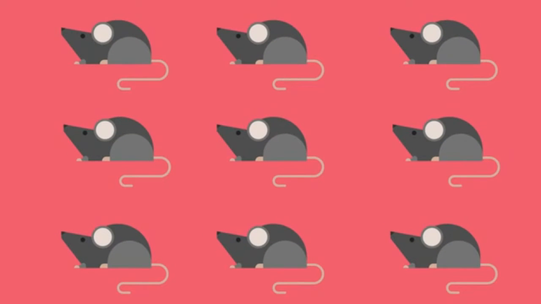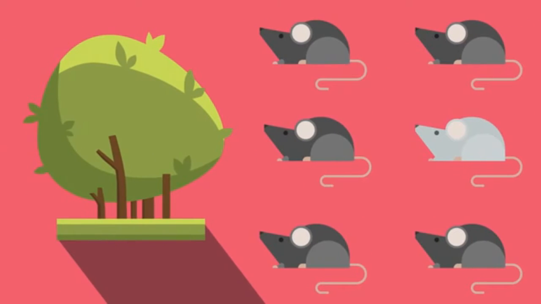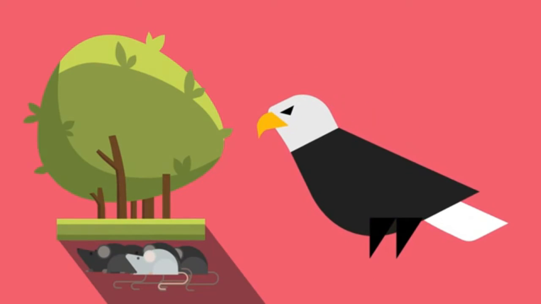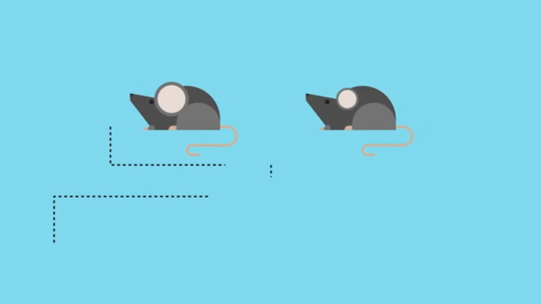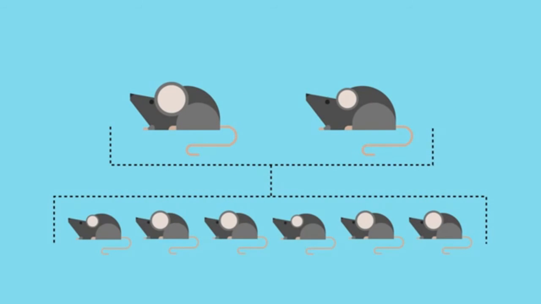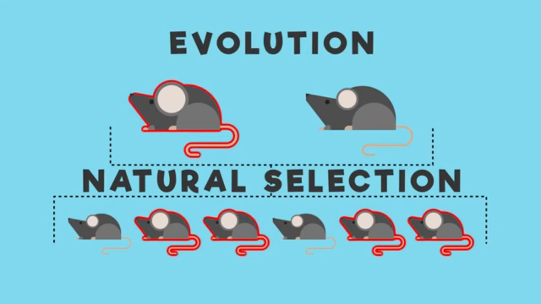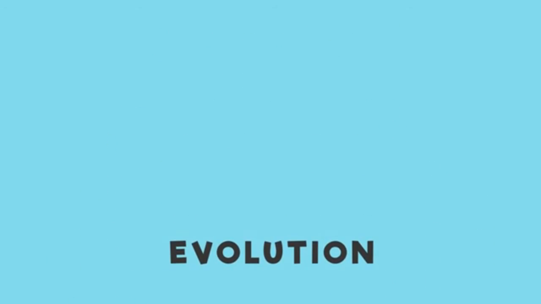For example, in a population of black mice, a mutation might arise which causes white fur. This mutation would not be an advantage to mice living in the wild, because the white mouse would easily be spotted by predators and eaten. It is not likely to survive to adulthood and breed to pass on this white fur gene to its offspring. However, if a mutation causes a new phenotype that is useful, such as better hearing, then the new gene will get passed on to offspring, and the number of mice in the population with this new phenotype will increase. This gradual change in a population is known as natural selection and is the mechanism by which evolution occurs, which you can learn more about in other